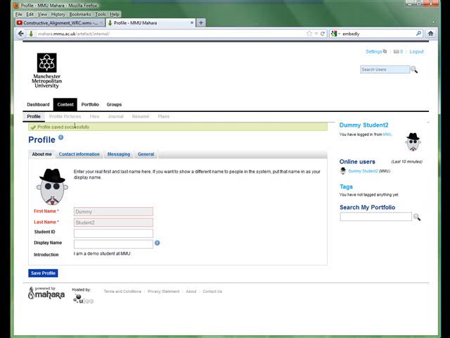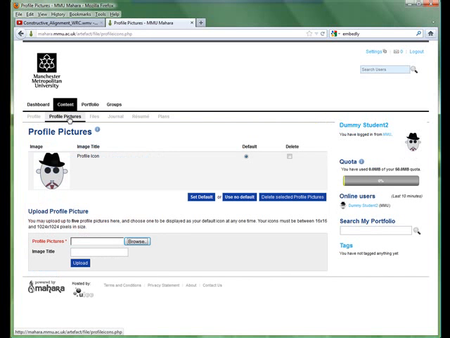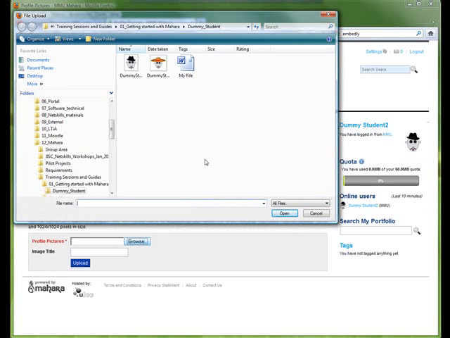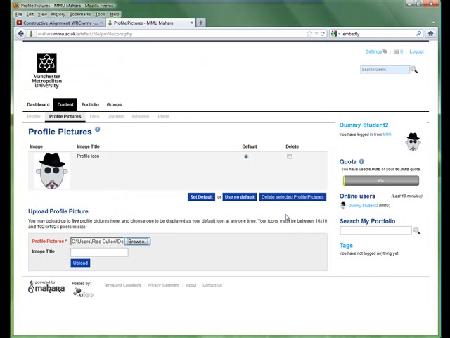the content tab is change profile pictures, or to add additional profile pictures. That's quite easy to do. On the profile pictures tab, simply click on the browse button, and that will open up a file manager window. You can navigate to wherever it is that you keep your files. So we've got an additional profile picture here. Click on open, give it a title,